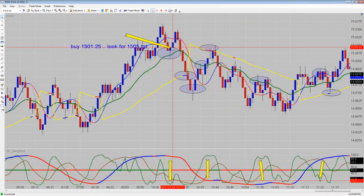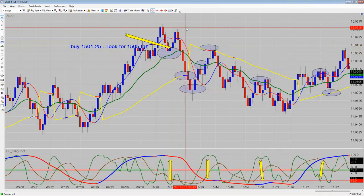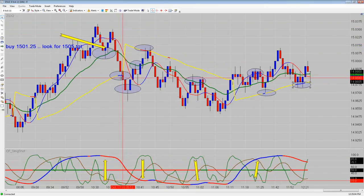I know we had at least one partner in the room who made some money on this morning, and then it turned back down. All right, now when it broke down through here, it dropped right through here, and this one here would have stopped you out by itself. This dropped through right there, but then there was an opportunity to sell it on the pullback right here with